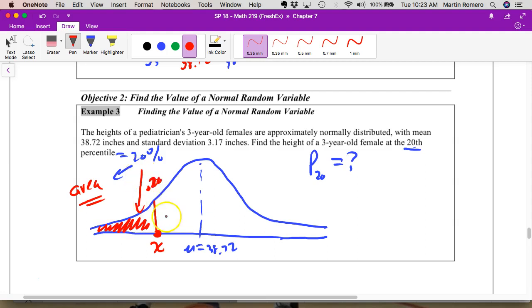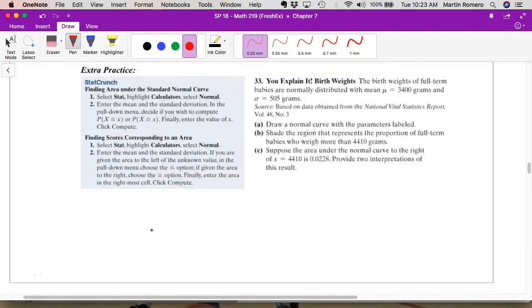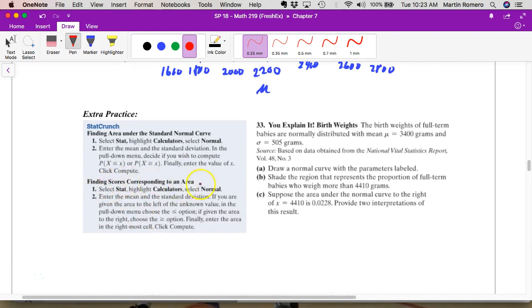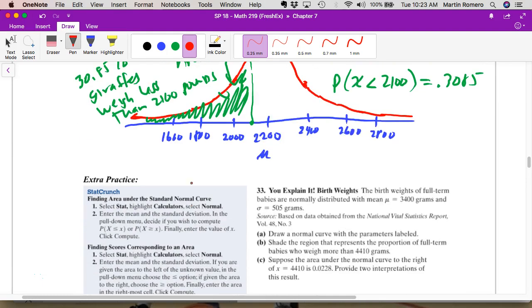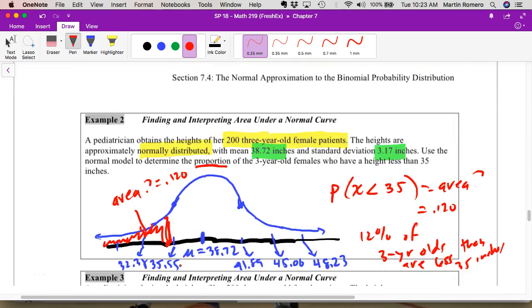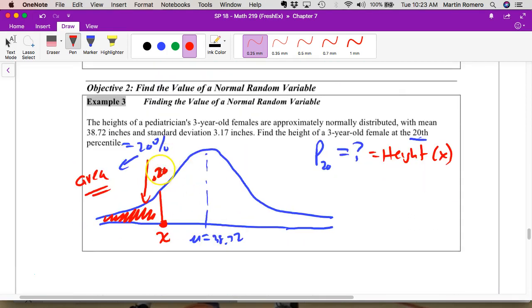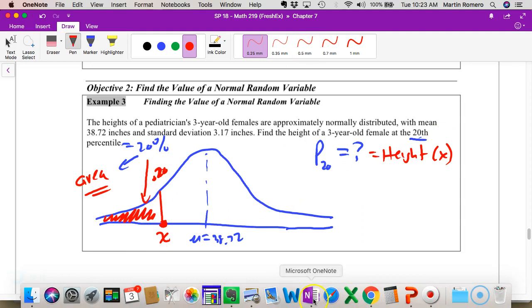And so that's the key. And I'm going to the left because this is a percentile. And so we're looking for P20. What is this height x right there? And so we use StatCrunch to do this. The instructions to do this one are here. Find a score corresponding to an area. So you were going to use the Normal calculator. We were given an area this time, and so now we want to find the x value that's associated with that. And so we're going to go here,